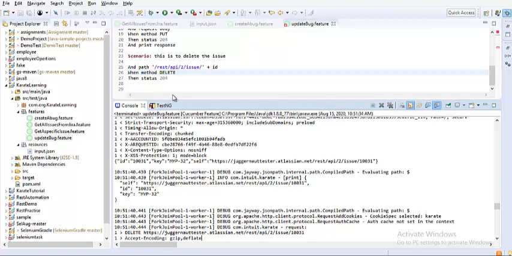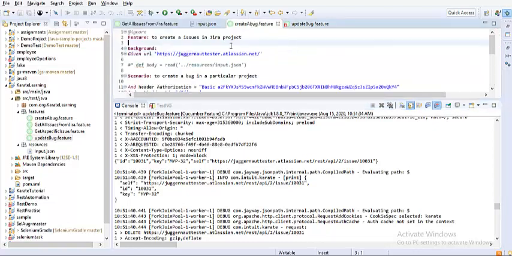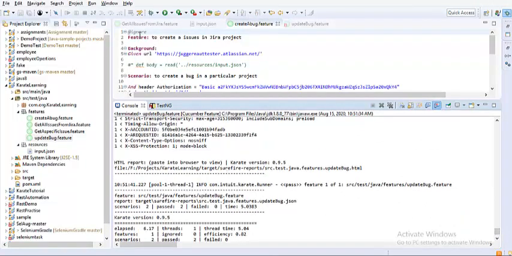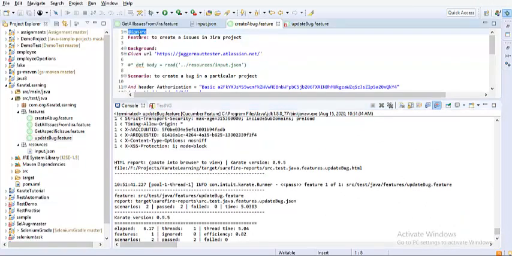in another feature file. So one more important point that I should mention is that you should use the ignore tag if you don't want to execute this scenario every now and then, or else this particular scenario also would be executed. That is the reason why 3 scenarios have run, but in the console you can see only 2 got updated. If I had used this @ignore tag, this should not have happened.